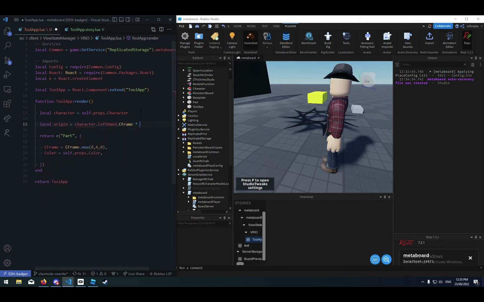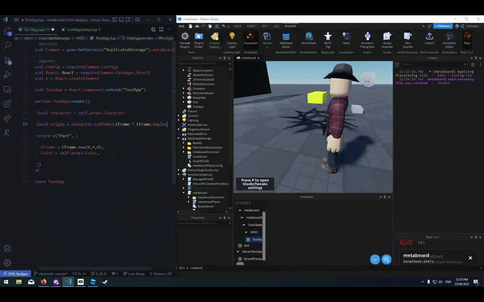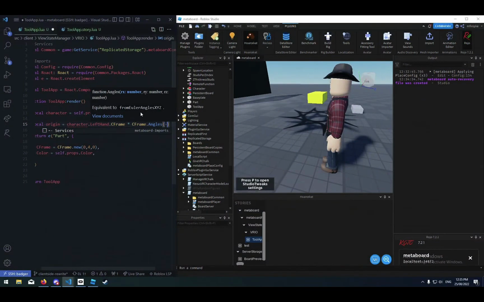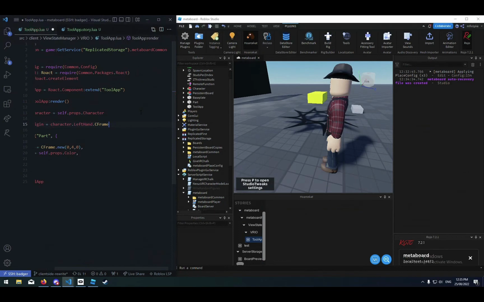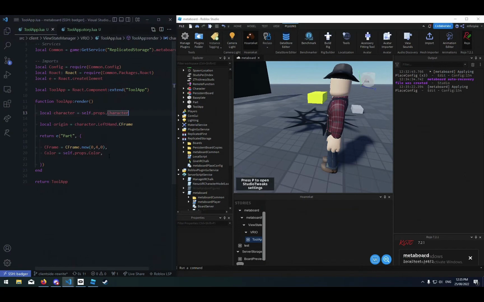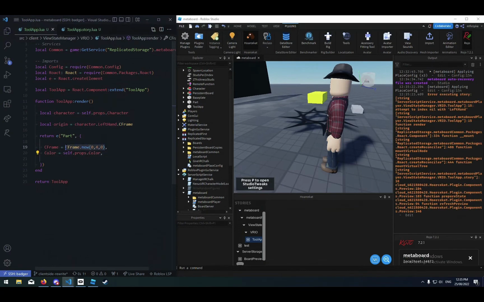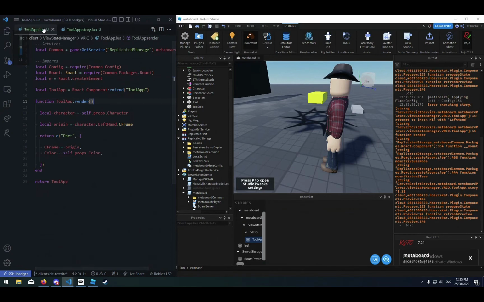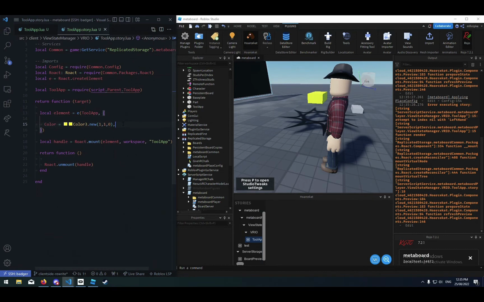and I'm just using the C frame math we figured out last time. Minus math of pi. Actually, I'll show you refiguring out this part. Let's just put it right there. Let's put it at the origin. Right now it's giving me errors because we haven't actually passed this prop in. So let's